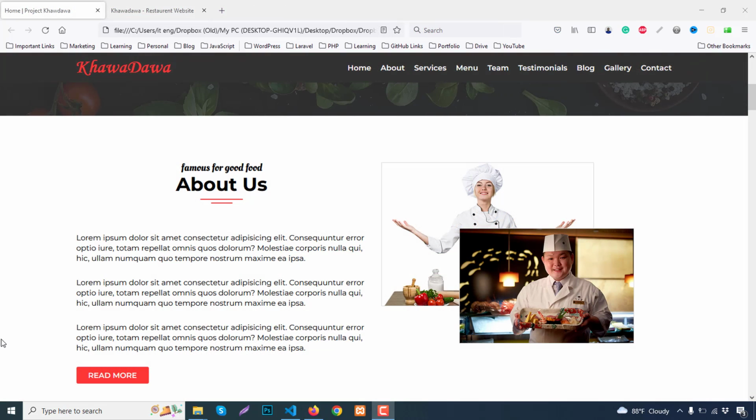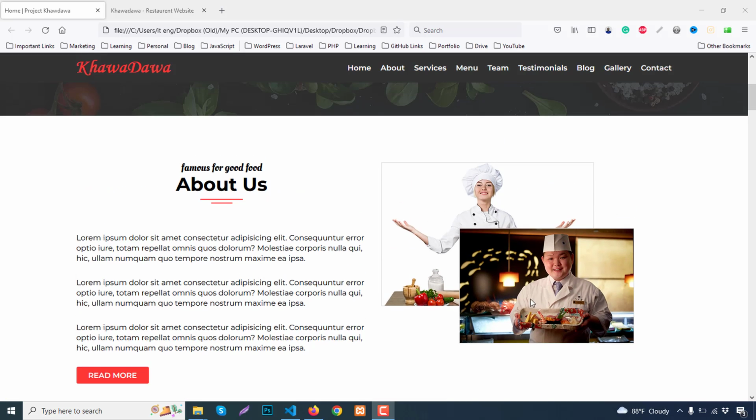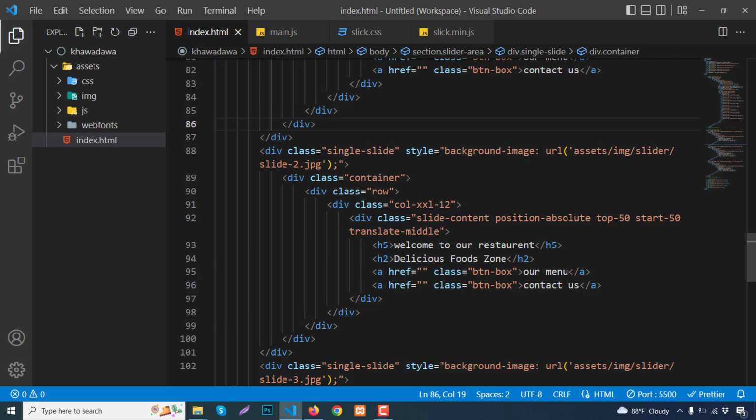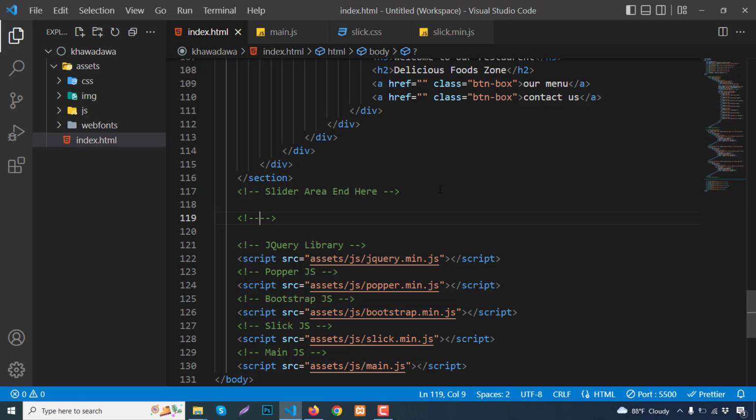In this part we will make our about us section. The about us section has two parts. At the left side there are a section title, a few text descriptions and a read more button, and at the right side there are two images, and we will make it like this. So let's start. Back to my code, and after the slider area we can add a comment like about